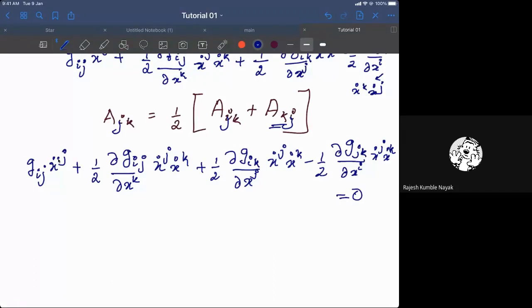Sir, earlier in the lecture, did you say that this Gij matrix is symmetric? Gij is symmetric, but the term which I am symmetrizing is with respect to indices j and k. If I am talking about the indices i and j, then there is nothing to symmetrize because ij is already symmetric. But I am symmetrizing with respect to this and this. Okay, anyway, let me complete. There might be other people who might get confused.